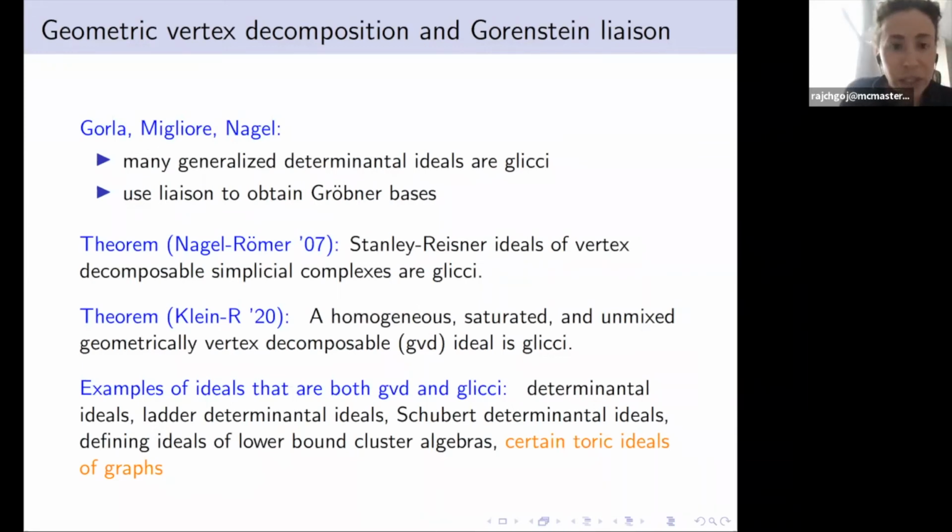My PhD student resolved a conjecture of Alex Young on Gröbner bases for ideals defining open patches of Schubert varieties in the type A flag variety, all using this Gröbner basis via linkage technique. So if you have combinatorial ideals and you think you know the Gröbner bases but are trying to prove it, you might want to look at Gorla, Migliore, and Nagel's work, because it's a very nice technique. But back to our comparison between liaison and